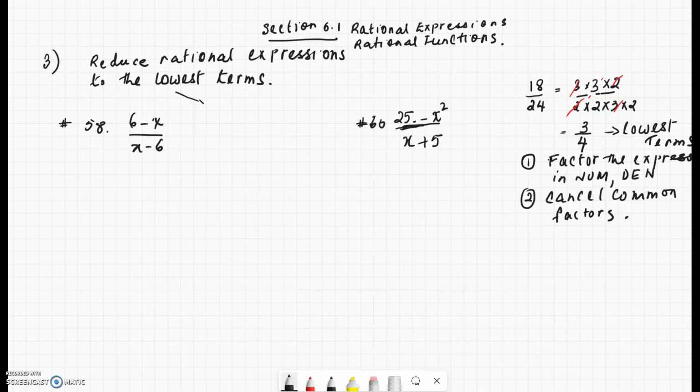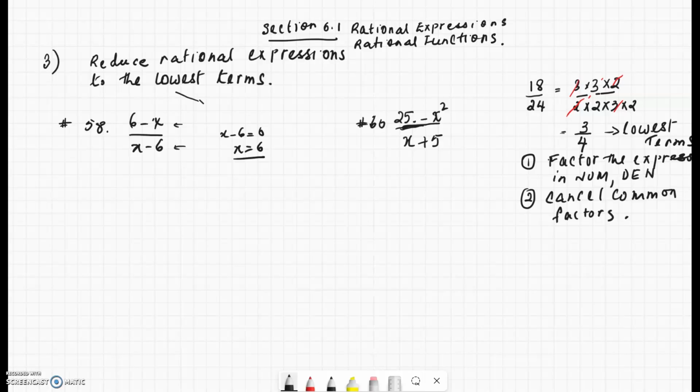So what we have here is another rational expression. 6 minus x in the numerator is a polynomial, and in the denominator we have x minus 6, which is also a polynomial. One of the questions that we answered earlier was, where is this expression undefined? To find the values of x at which the rational expression is undefined, we set the denominator to 0 and solve for x. This tells us that when x is equal to 6, the denominator becomes 0, which means the expression is undefined